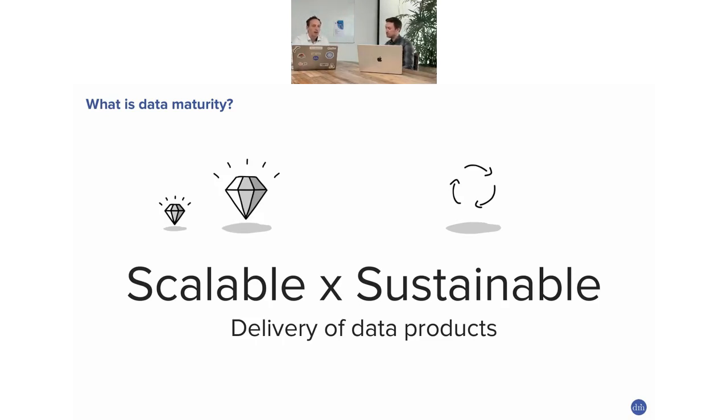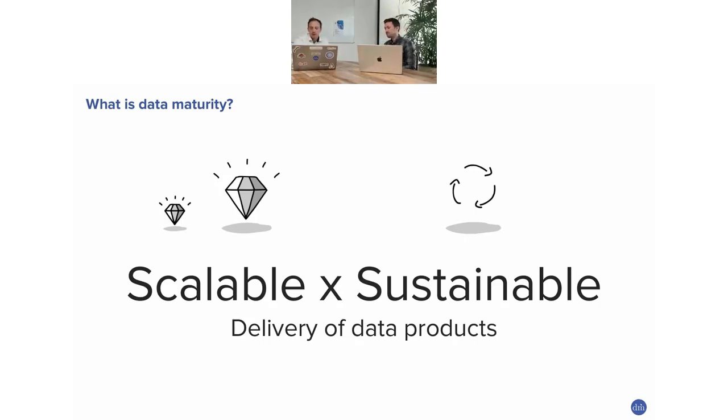Johnny, can you clarify a bit what you mean when you say scalable or sustainable? Yeah, so scalability is more about the fact that you can grow your products from a very small idea to something internal, to something external, and also to multiple use cases. So it's scaling on multiple things. Also, like your client base, there's many things that you can expand upon, and that's the scalability part. And the sustainability part is mainly keeping that going. Like if you have a success story, keeping that success and taking that to the next level or taking that to a new product.